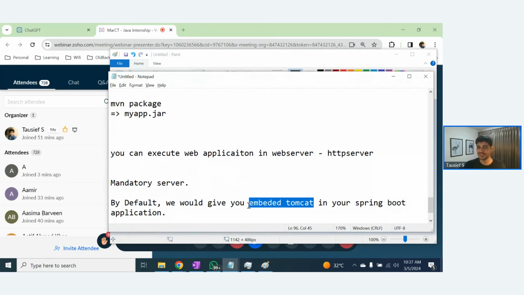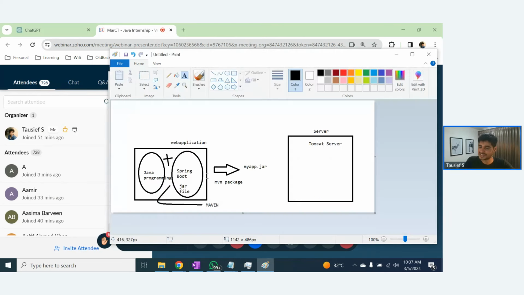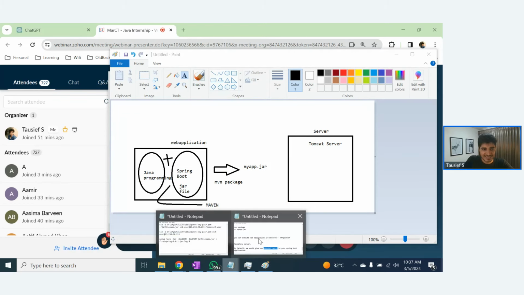By default, we will give you that embedded Tomcat in your Spring application. So along with all these jars, it is already giving it. Okay, so our work is simple. We just need to execute this jar file using some command like this: